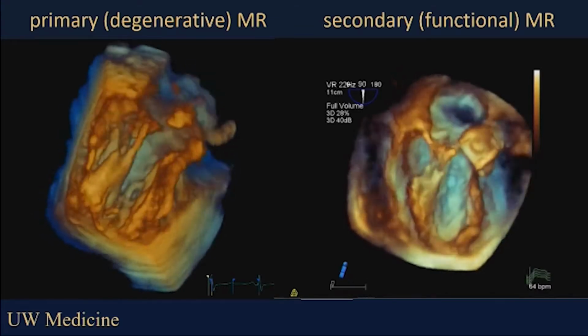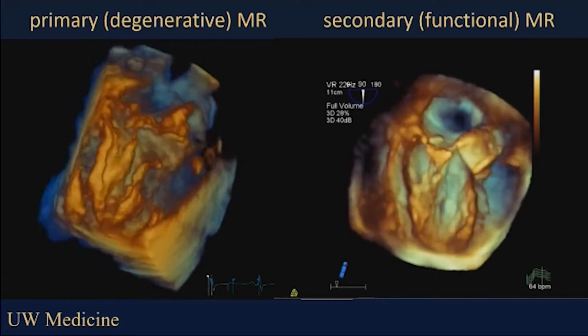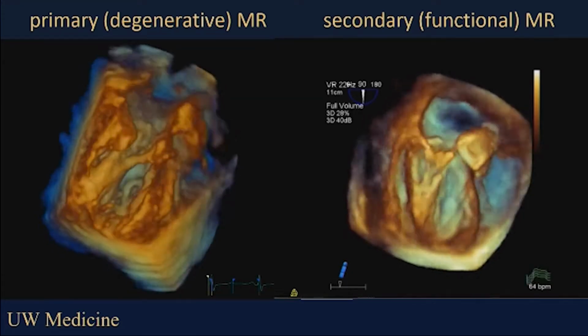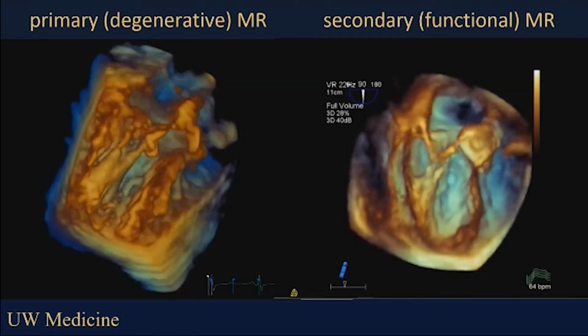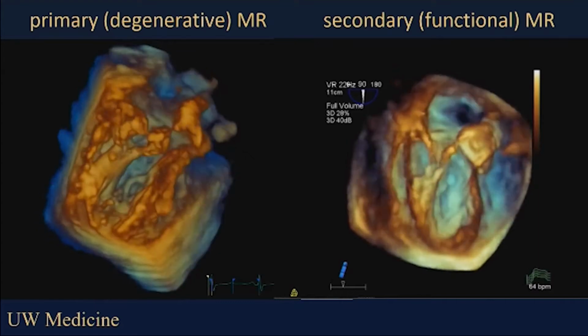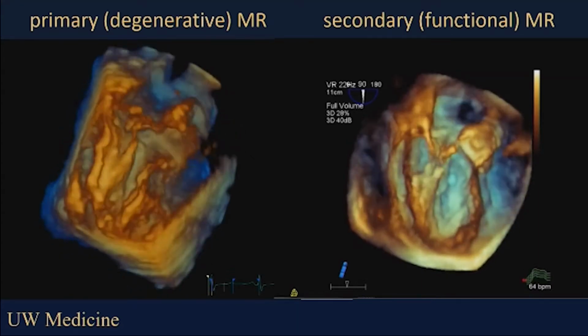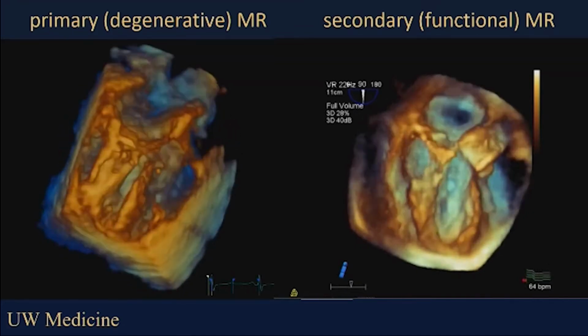If you look at these two examples, just briefly, on the left, the more mobile degenerative mitral regurgitation will be associated with a specimen like this one. We see cords to both anterior and posterior leaflet on the left-hand side, as opposed to a much more functional MR on the right-hand side. All strings are attached and under a lot of tension, not allowing the mitral valve to come up to a